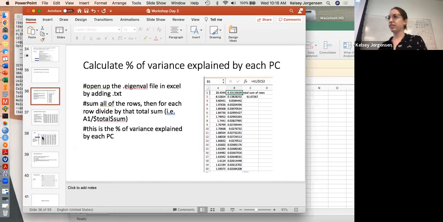I think I'm getting there. Okay. How did you get the eigenvectors opened? When I open it in Excel, they're all in one cell. How do you do that? Yeah, so